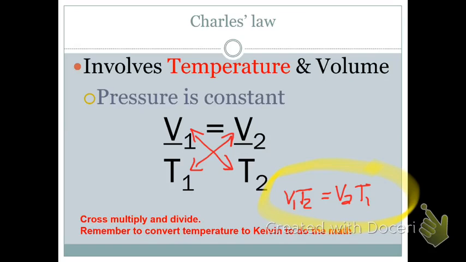what we're doing is we're going to take the condition one of the volume, or one condition of the volume, and the other condition of the temperature. We multiply those together, and then we divide it by the change in the condition of the volume or the original condition of the temperature to find one or the other. Just kind of like we did when we did Boyle's law, how we put them in linear and then we